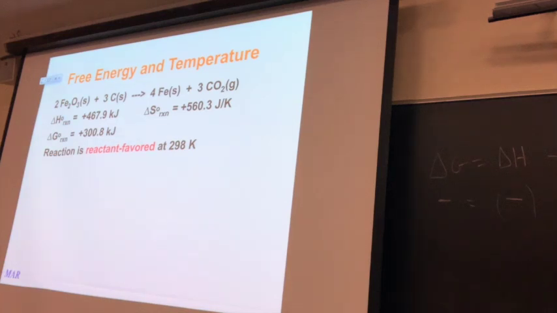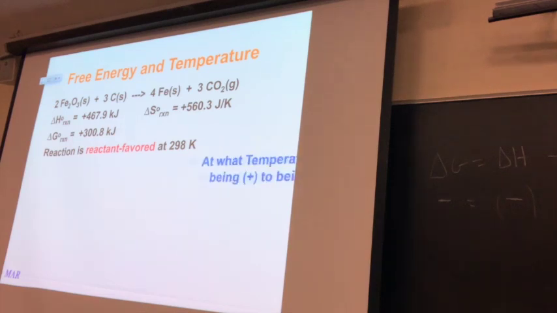What do you think is going to happen if we really raise the temperature a lot? Do you think this reaction would start to occur, or would it still not occur? Start to occur, right on, because temperature times delta S can begin to overpower delta H. What we have here is one of these classic, in my opinion, kind of double-headed snake things, all right? Entropy wants the reaction to occur, enthalpy does not. Positive delta S wants it to occur, but positive delta H doesn't want it to